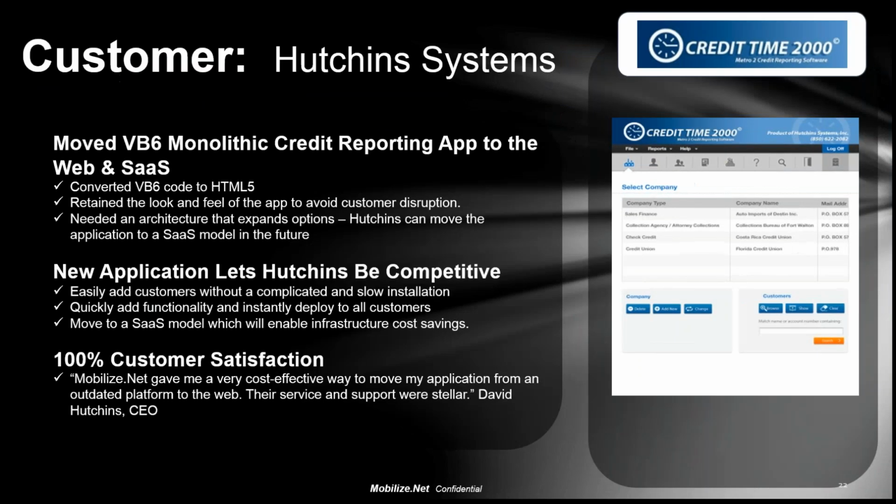They have a credit reporting application for car dealers, so the car dealers can check what credit products and loan products are available for customers while they're in the showroom, and sell them that car right away. Their application, again, was VB. It was monolithic. They had many of the same deployment, training, configuration issues that National Systems had with a non-technical